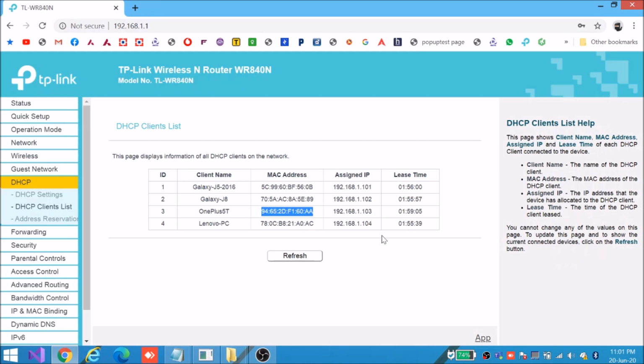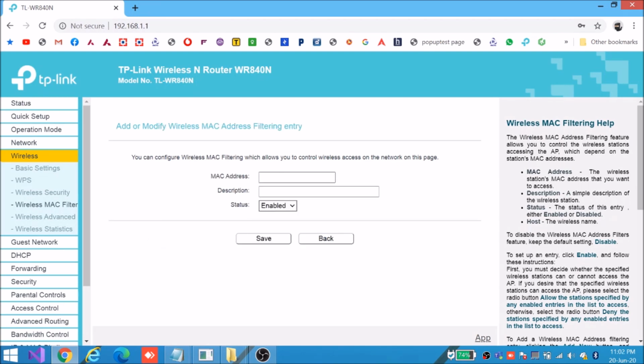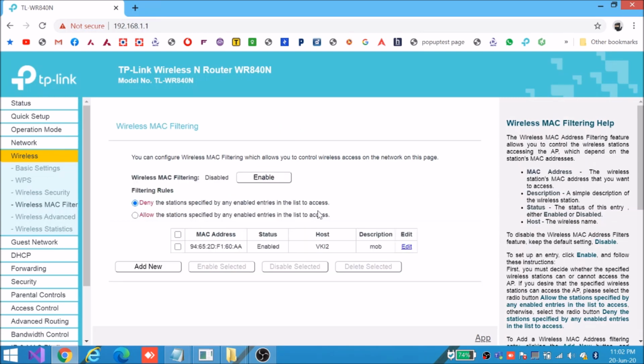I am just copying this MAC address, and in the wireless option you need to go to wireless MAC filtering, and here you need to add that device's MAC address and some description you can give, like I'm giving mobile, and the status should be enabled, and just save this change so that the device detail is appearing here.